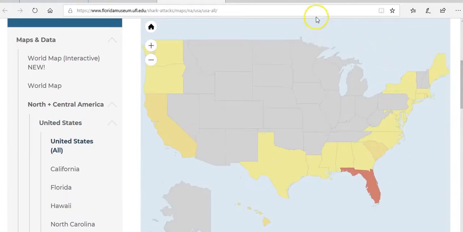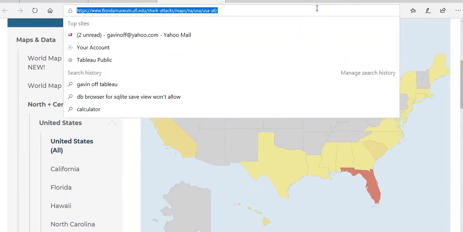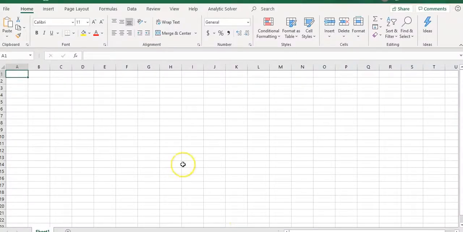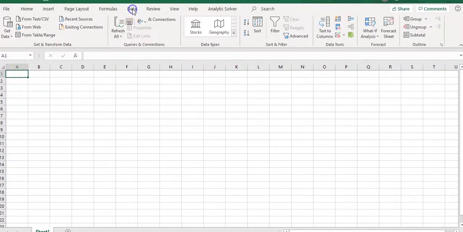So let's copy this link, select all, Control C, and navigate to a blank Excel document. Here we go. Now what we want to do is import data directly from this website. So to do that, you go to Data and either Get Data or From Web. So Get Data from Web, click on that,